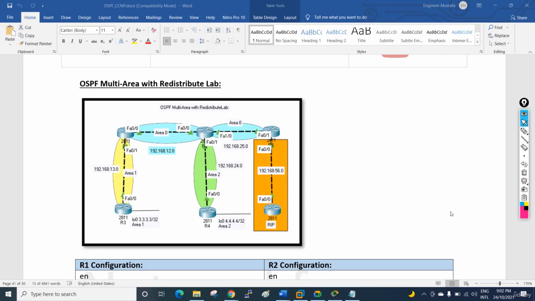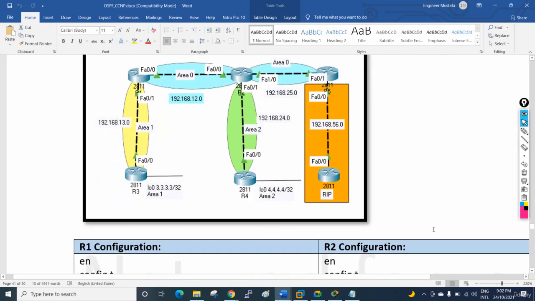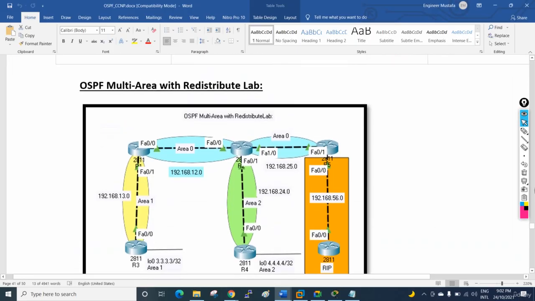Hello everyone, so this is another lab. In this one also we are using multi-area and we are going to do the redistribution. So what does redistribution mean? Example, if you see here, same thing, we have multi-area, we have one router here, one router here, one